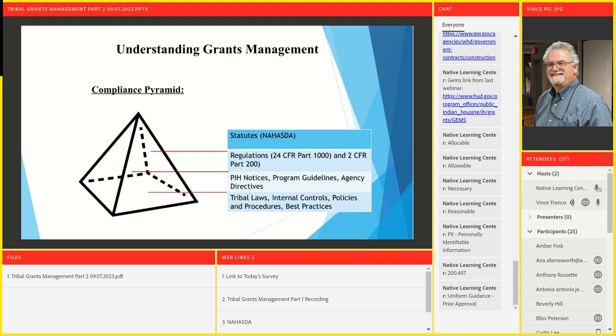So one of the things that's not on this screen, but what I want to talk about is at the very top. The NAHASDA, which is the legislation, remember that is the Native American Housing Assistance and Self-Determination Act of 1996. In the past 27 years that it's been alive, it's gone through 7 different generations of change. So if you ever took the time to look at the actual legislation, I recommend that you do this.